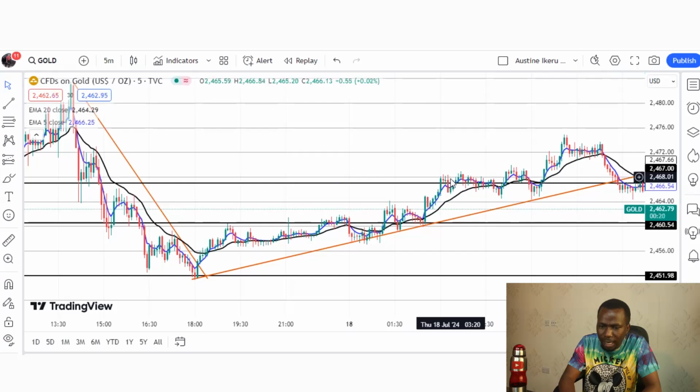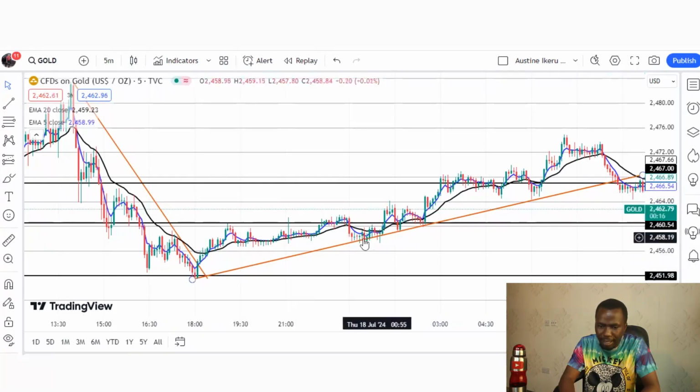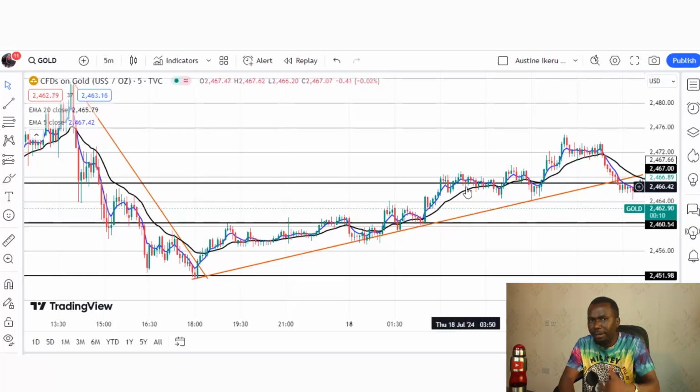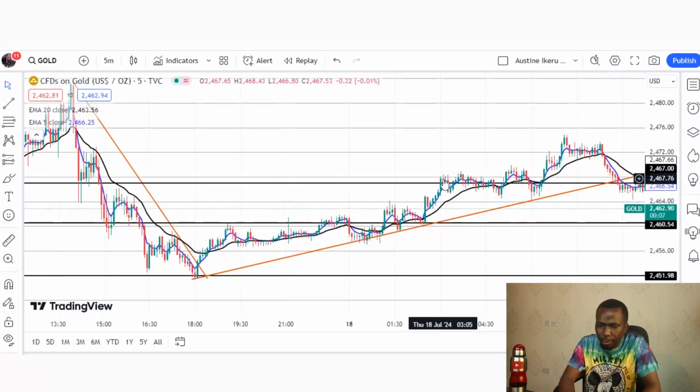So the new scalpers will now look at the market structure, and they clearly see that the market is in an uptrend, and they will still draw this support level, which is this trend line, connect the lows, and the moving average is still there. So now they will do what? They wait for the price to make a pullback to the 20 EMA for them to take their buy trade.